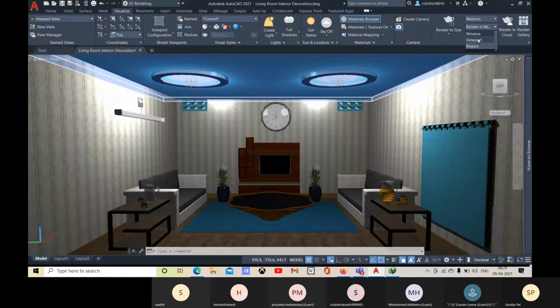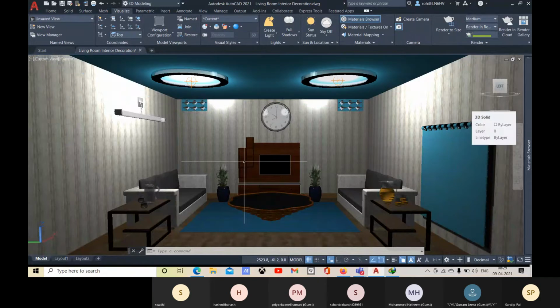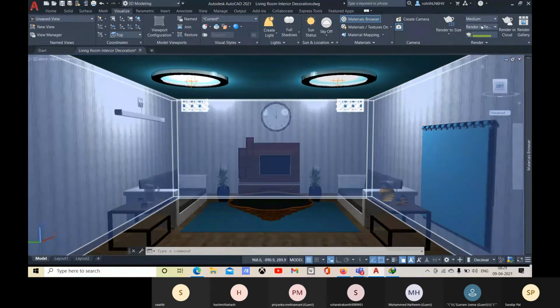If you are going for region and viewport, then you are getting your realistic output within this AutoCAD. Within that area, if you go for region, you can apply the render only for any particular region.